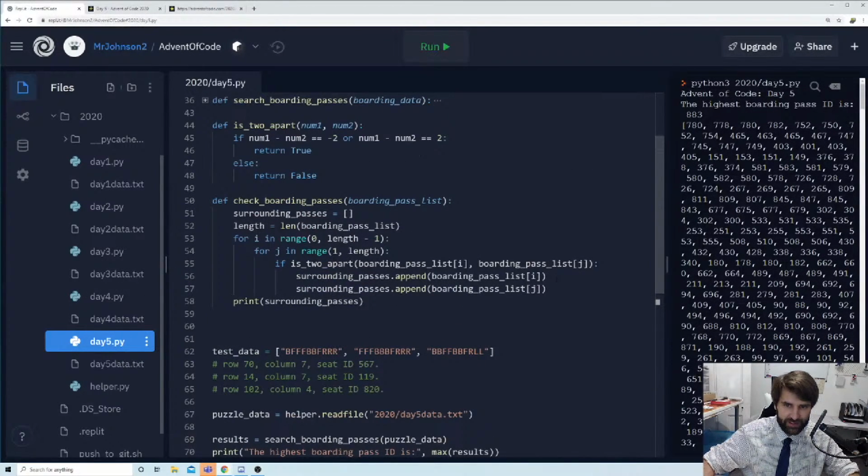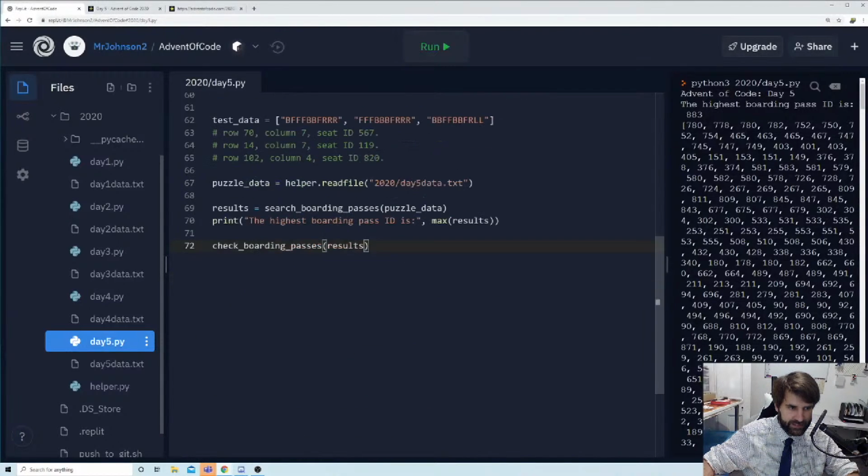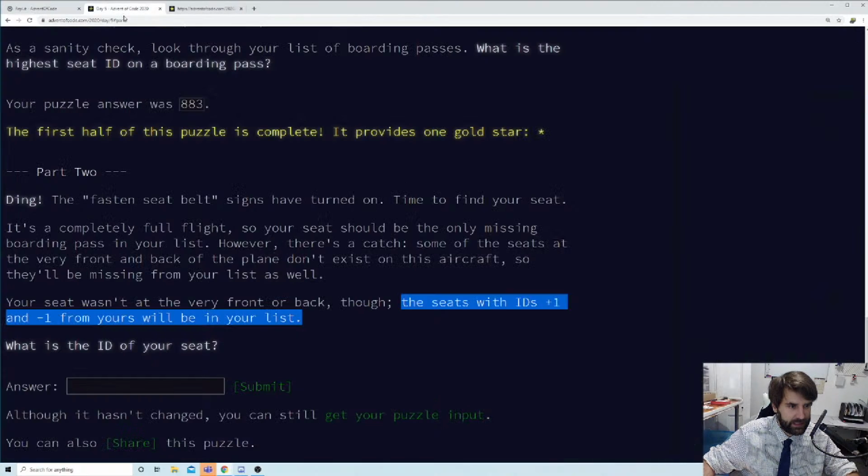Okay. No. We know that our pass isn't in here. As well as them being 2 apart, we also need to know whether the thing in the middle of them exists. So in my example down here, when I had 300 and 302, it's all very well if they're separated by 2. Great, okay. But we need to check that 301 doesn't actually exist, because if it exists, we don't want to log it in our array. Because we know it tells us in here that our